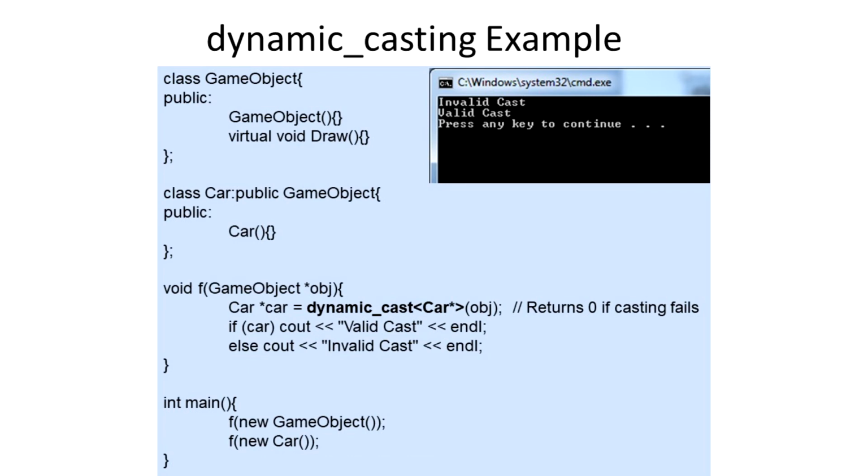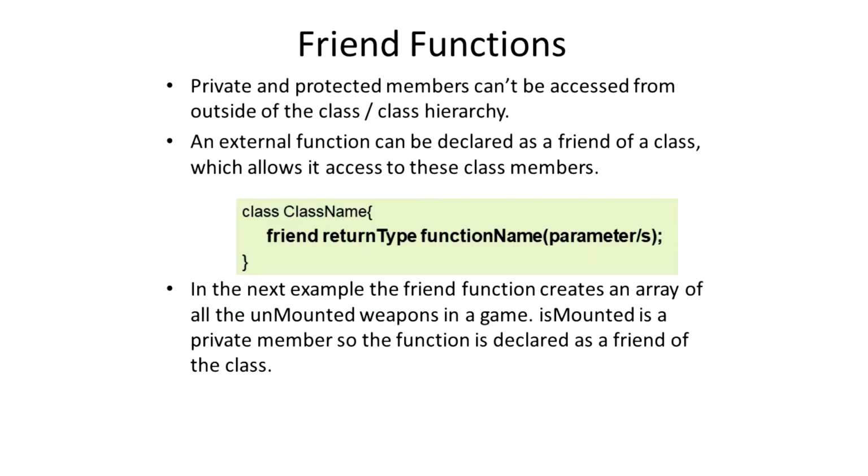So this is picked up in the if statement, which we didn't mention earlier, but hopefully you've noticed what's happening there. If it detects the car object, if there's an object of car there, then we print out valid cast, but anything other than that, print out invalid cast. So in short, dynamic casting is a safe way to check whether you can convert from parent to child and child to parent. And now we've reached the final section of the presentation where we're going to talk about